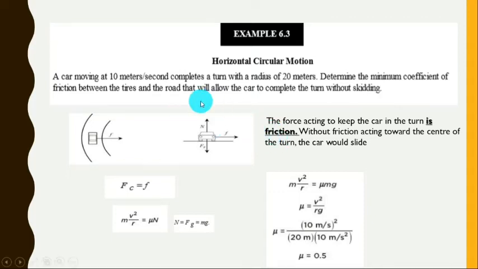First step, you have to draw a free body diagram. This one is exactly the same as this one, to show force of friction toward the center, and these two forces up and down. Okay? This is number one. Number two, the second step, you have to write the formula. Centripetal force, what does it equal? Force of friction only. Then you substitute the formula for each one: centripetal force, mv squared over r,